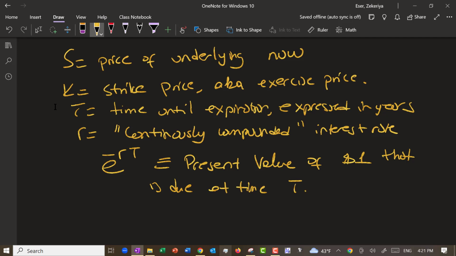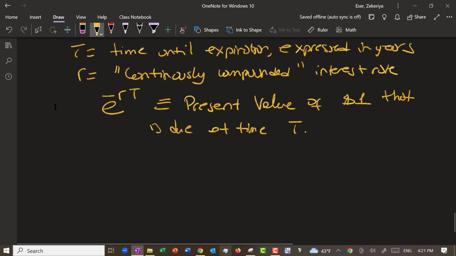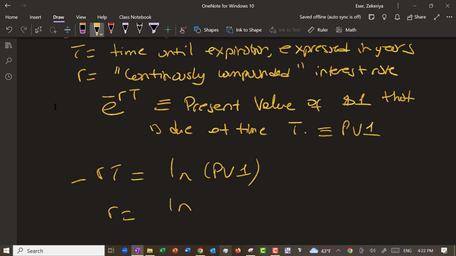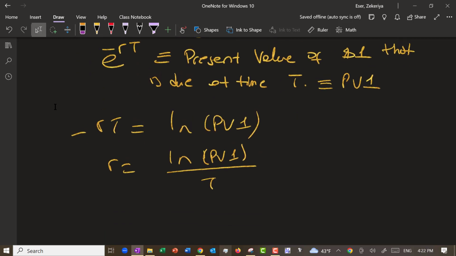So if you're using a regular interest rate, if you think about it, R is equal to negative RT, PV1, let's call it. So R equals ln of PV1, what should we call it? T. If you're using regular interest rates, for example, if R star is an APR, okay,